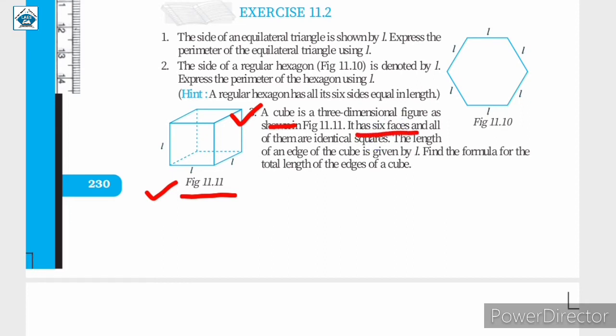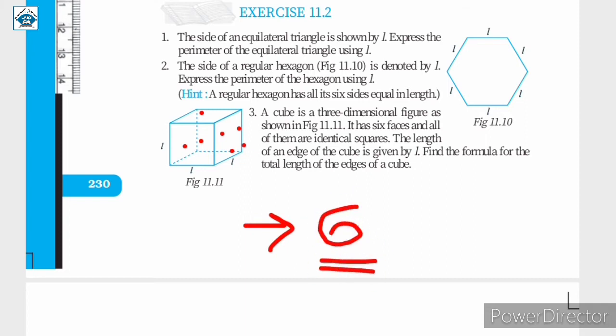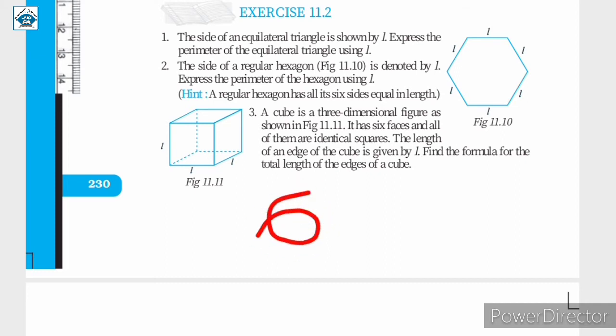Now what do we mean by this? 6 faces यानी कि you can compare this with that of a dice. You all must have seen a dice. So in one face it has 1, in the other face it has 2, in the next face it may have 4, and so on. यू हैव सीन अ डाइस. सो ऐसे डाइस में कितने नंबर्स आते हैं? 6. यानी कि कितने फेसेस हुए क्यूब के? 6 फेसेस हुए. यानी कि हर एक जो फ्लैट स्क्वायर है उसको हम एक फेस बोल सकते हैं. सो ऐसे हमारे पास 6 squares हैं and they are identical, that is they have the same measurement.